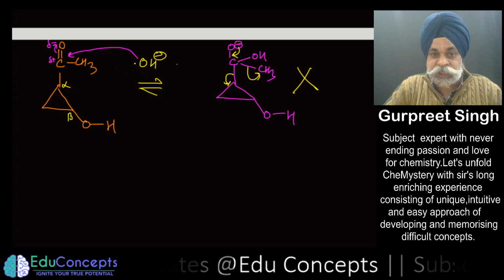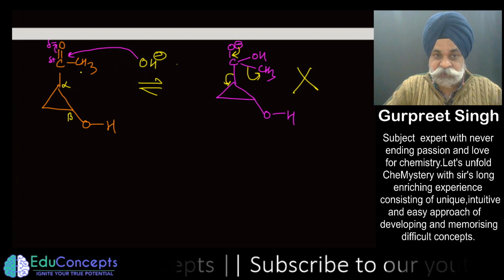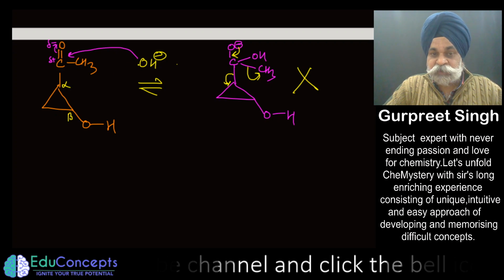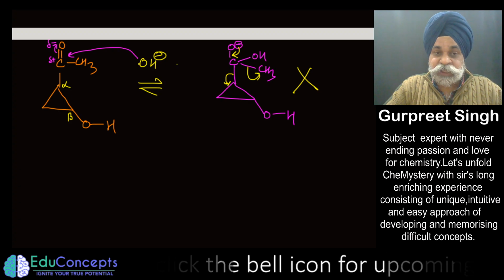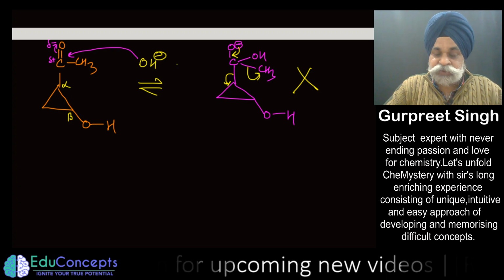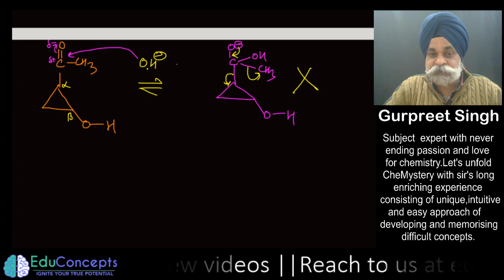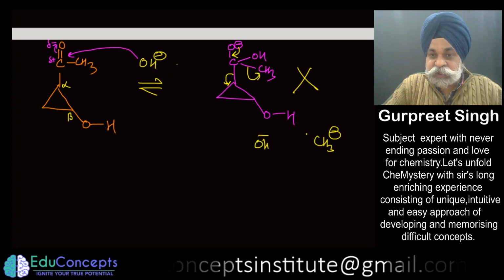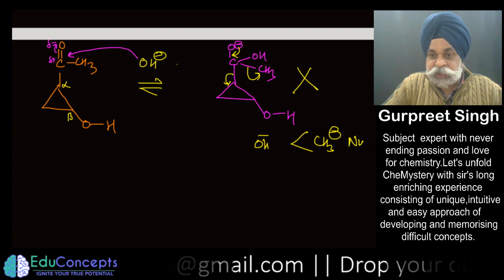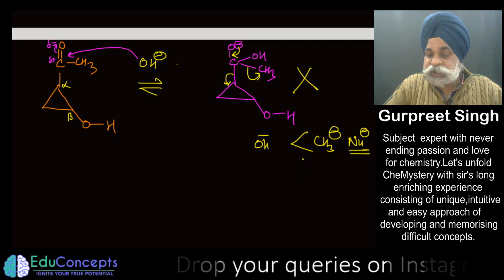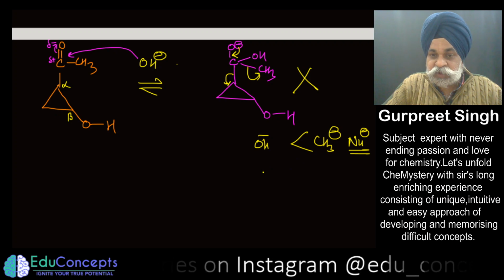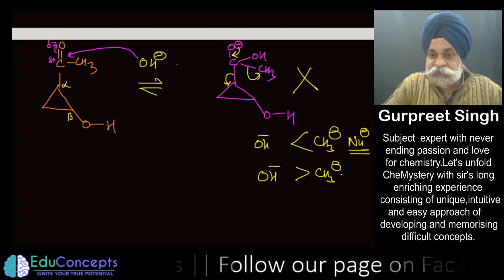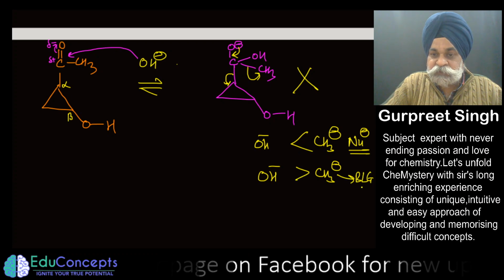So in this way of thought, you did a sort of carbanion formation, a nucleophilic substitution type of thing, which won't be possible with OH negative. If you compare OH negative and CH3 negative, OH negative is the stronger nucleophile, so this won't be possible. And CH3 negative is a bad leaving group. This would not leave the system.